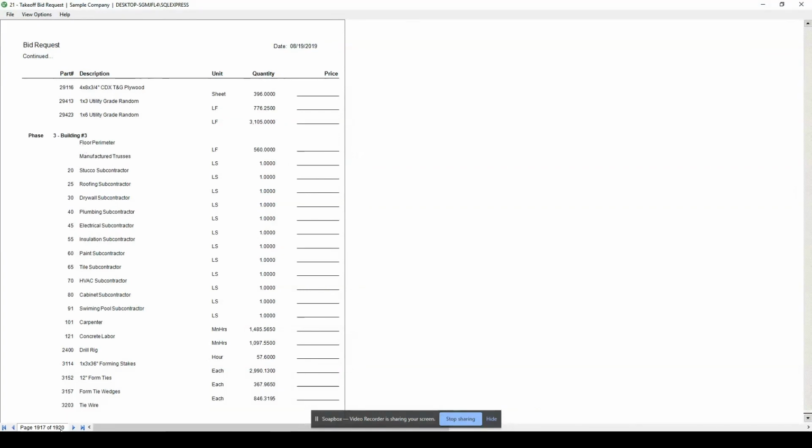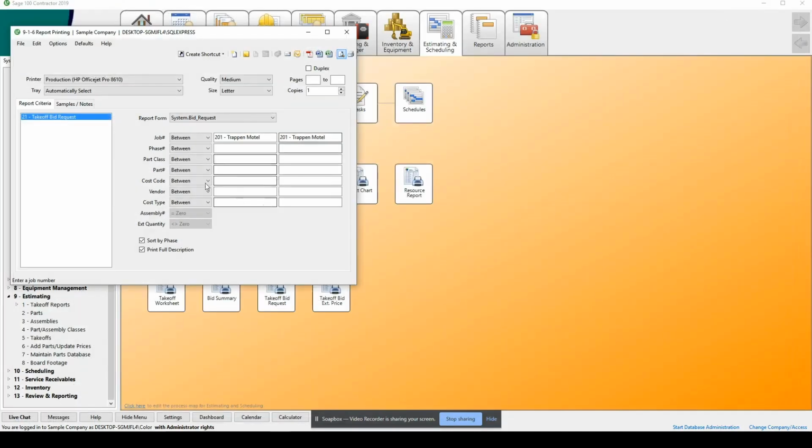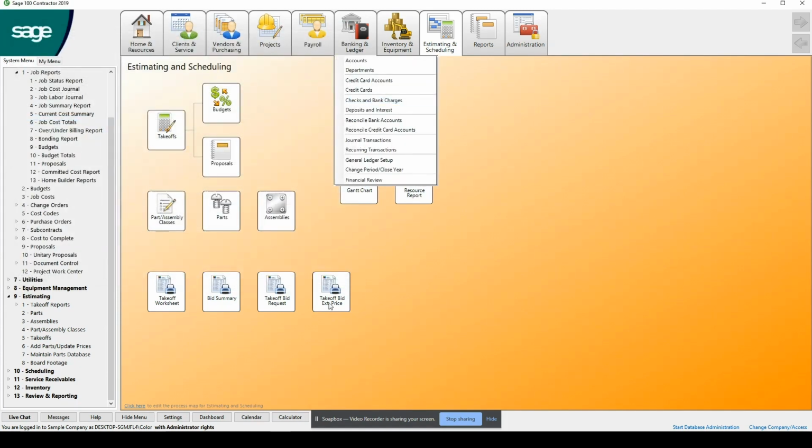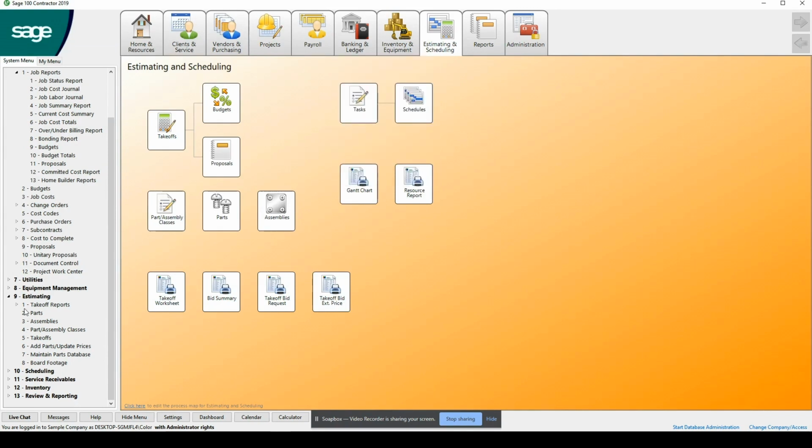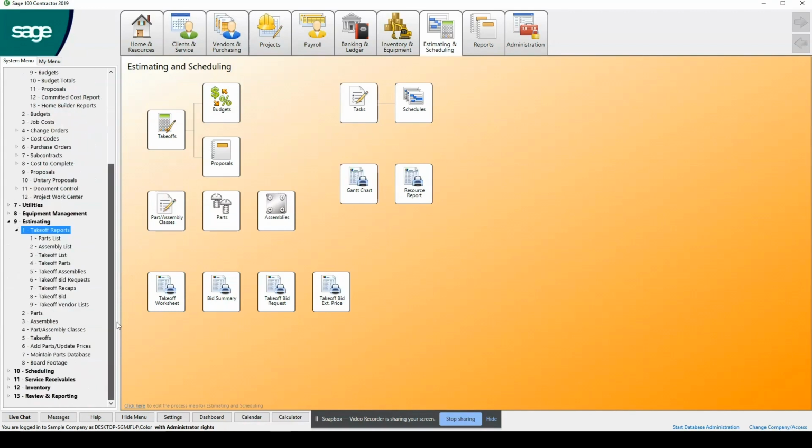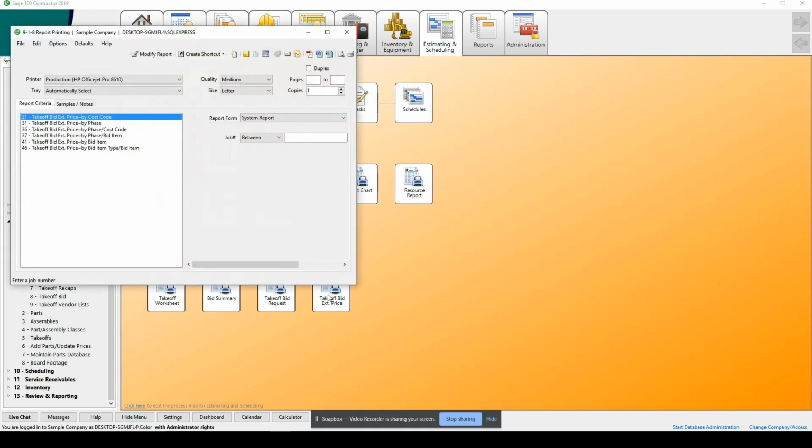So phase 3, as you can see, I've got 1,920 pages. So we might want to shorten that up and might not want to use that piece of it as far as bidding. But then again, there are projects that are that complex that will require us to have that amount of detail. As well, I can do a takeoff price, bid price, extended price. And if I really want to, I can look at my different takeoff reports, of course, such as my parts list, my takeoff list, takeoff parts, as far as information that I have within the system. So, like I said, I can run my takeoff bid extended price if I choose to.